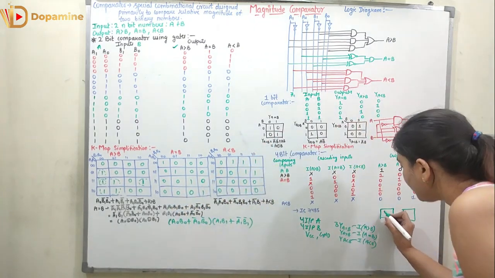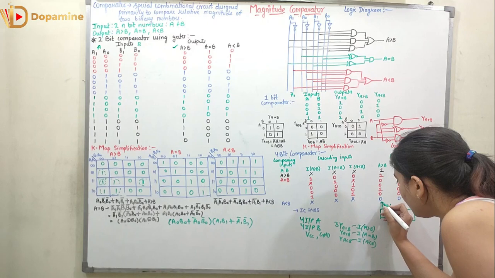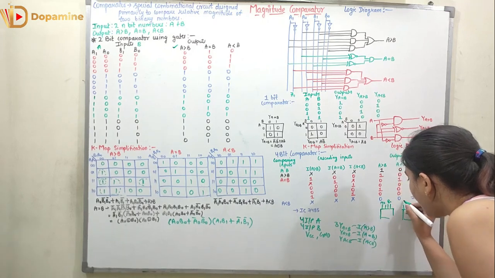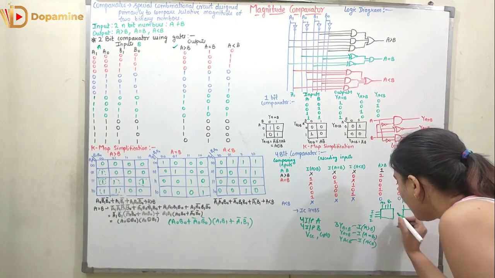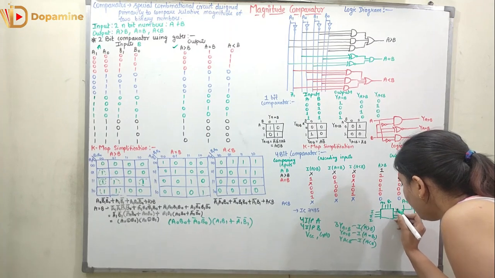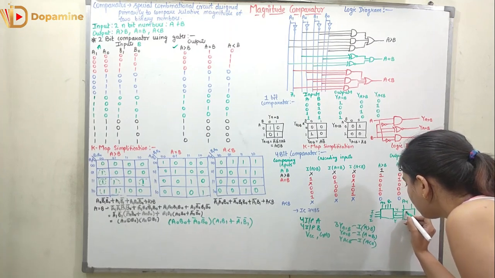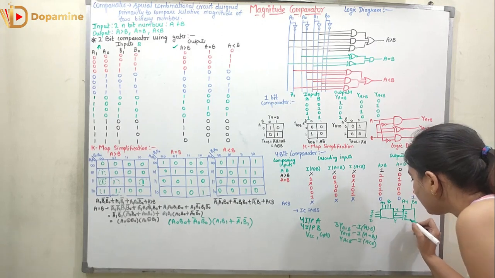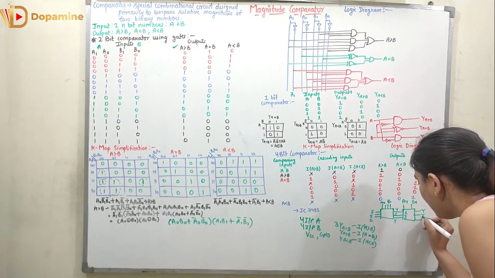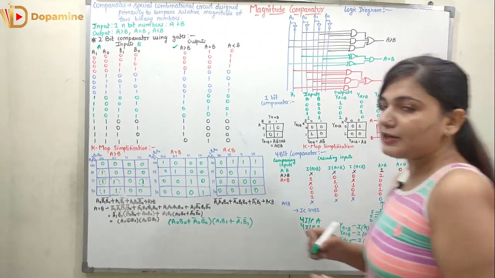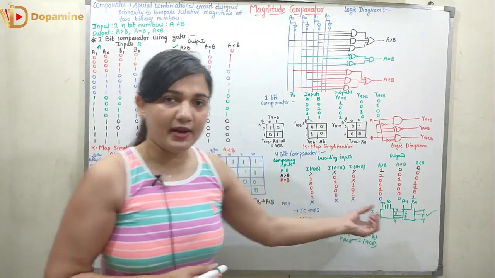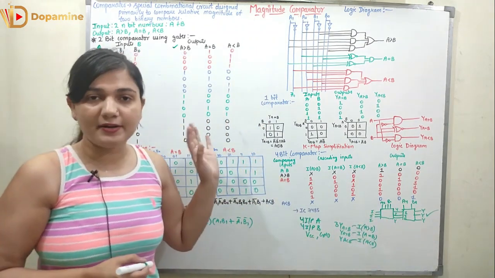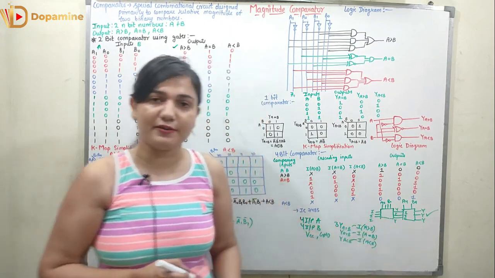Now this will contain all of the lower inputs A0 and B0. Here we will have the inputs A4 and B4. So here we will have 3 input signals and 3 outputs Y over here. These outputs are connected as the inputs of the second IC. So the output Y of the second IC represents the actual compared output of the two numbers. So we can compare two 8-bit numbers also with the help of two 7485 ICs.